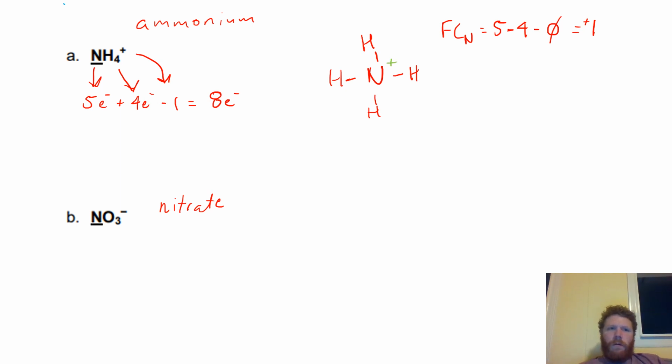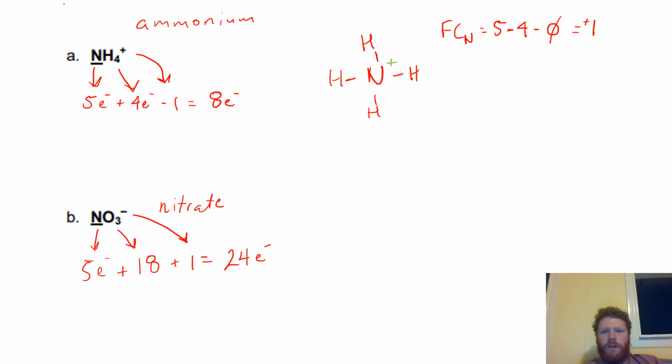Now for our nitrate ion, the same process. We've got 5 electrons from nitrogen. We have 6 from each oxygen, 18, plus this negative charge is 1. So that brings us to 24 electrons to draw. Central atom is nitrogen, then oxygen, oxygen, oxygen. So this brings us to a grand total of 24 electrons drawn, which is what we want,